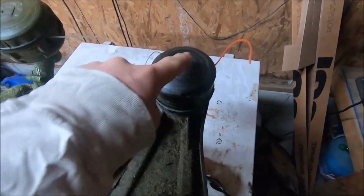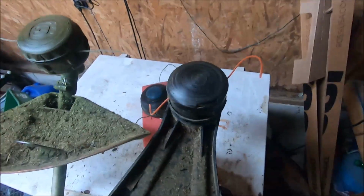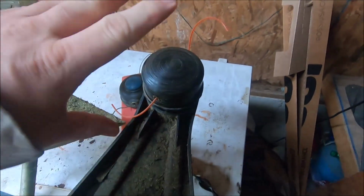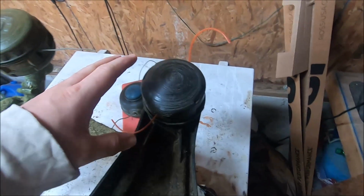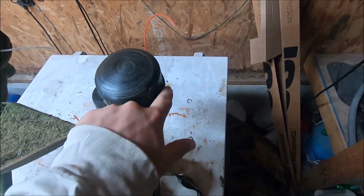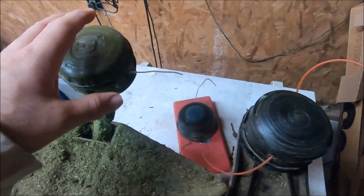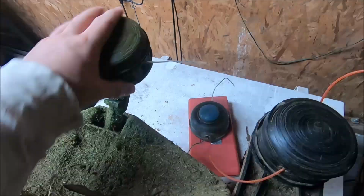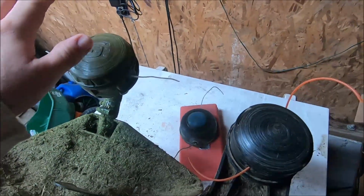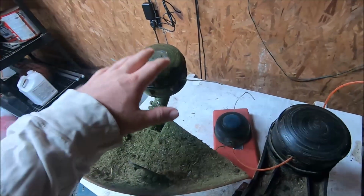But these burn up a lot quicker than the rapid replace ones do. I will say though, this one is a lot faster and easier to load, because you have to hold this bottom right here and then turn this little knob right here on the top, and it loads your heads up faster than the Husqvarna ones. Here you have to hold the top right here while you twist this one, and it takes a little bit longer to load, but I think this one's a lot more durable and a lot better,